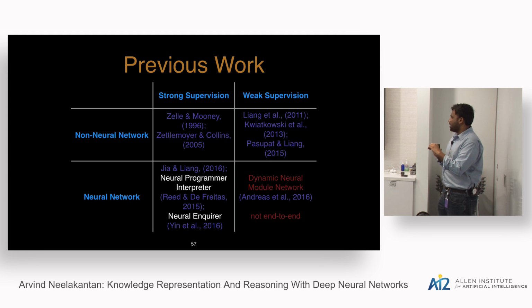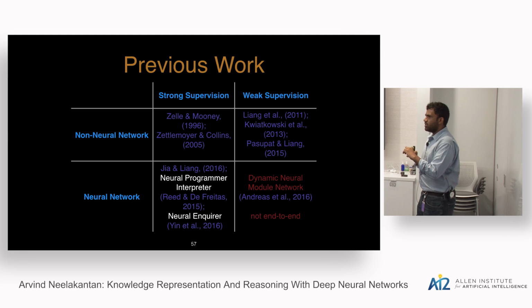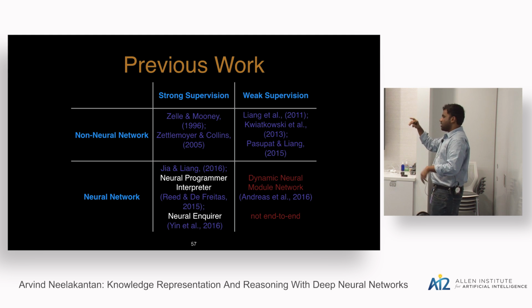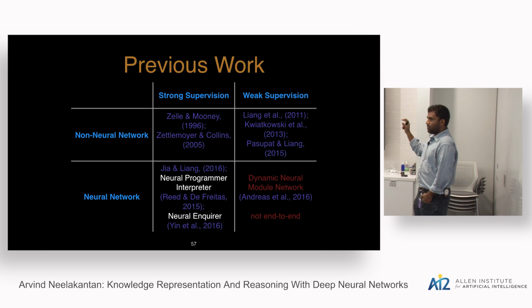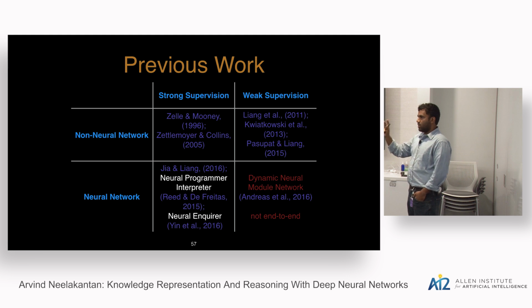Okay, and what happens then is that they run on a simpler semantic parsing data set, and even on that, they have to convert the question to its dependency parse, and then they consider only the top 10 programs. So basically, the neural network is searching only over a small set of programs instead of the whole set of programs, right? So there are components in that system that are not really optimized for the task at hand.